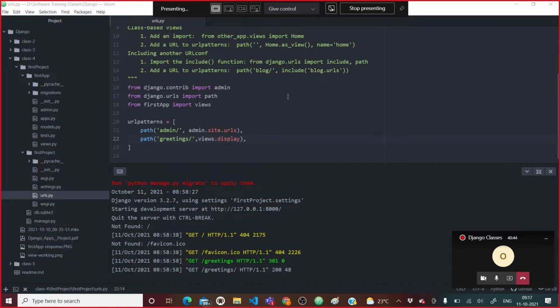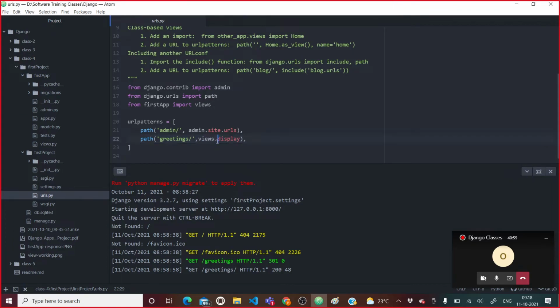So see what I'm doing here. I am just mapping my view in urls. I am importing, from first app, my views file. In that views file I have a function called display. So I'm saying that this display function should be executed only if someone gives a request at greetings.